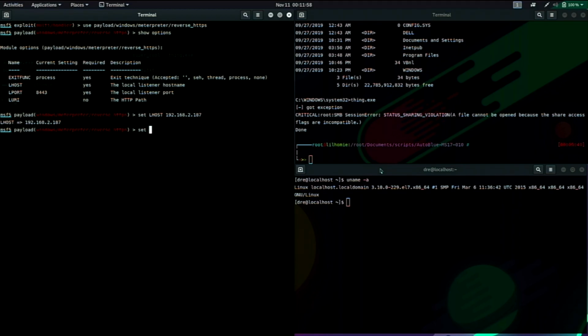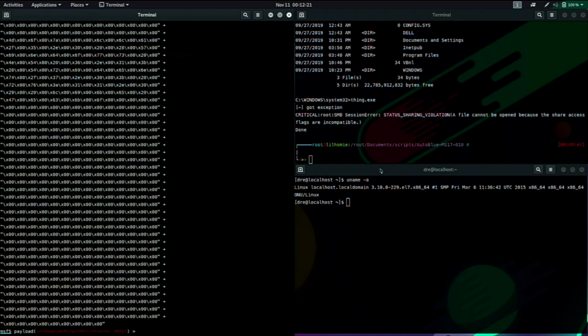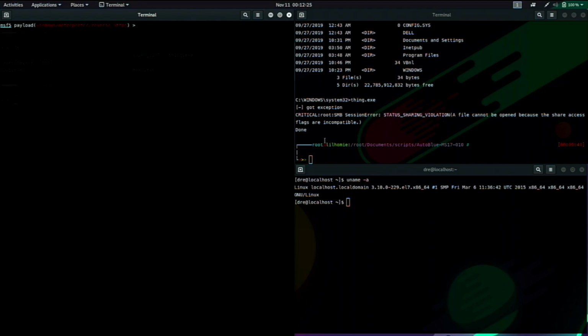And then we can say set LPORT, and we'll just set this to delete. We won't actually use this payload, but then we can say generate. So that generates our shellcode for us, which isn't exactly what we want. We actually want an executable format. So we can actually say generate,